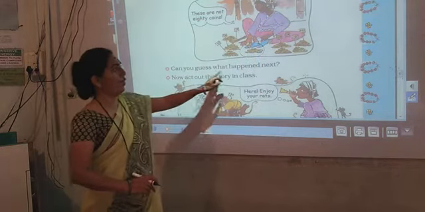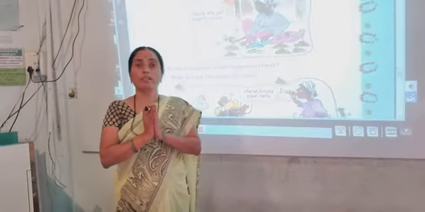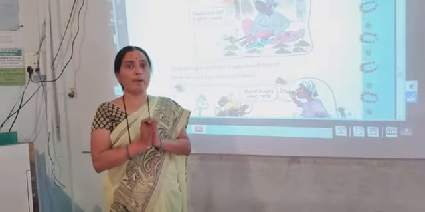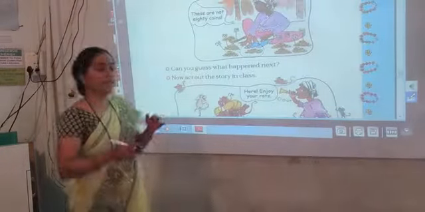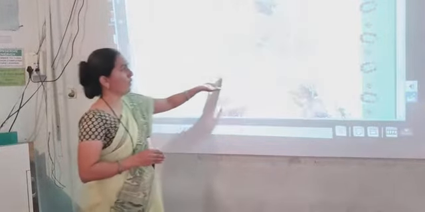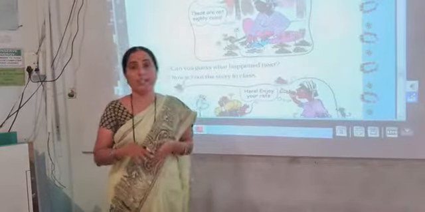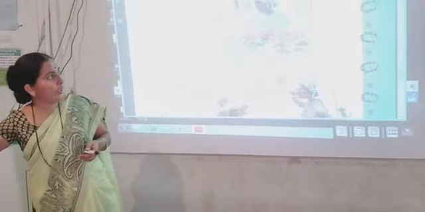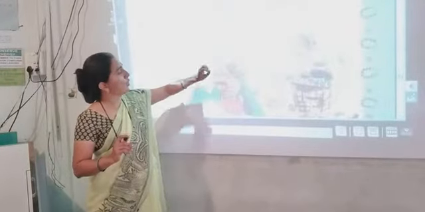So, can you guess what happened next? The king has not given him the correct amount of coins. He has given him less coins. The king has given this flute man less coins. Can you guess what happened next? Now the flute man has become angry because he has not got 80 coins. So he is a little bit angry. So now act out the story in class.